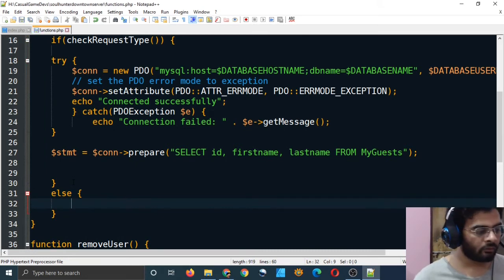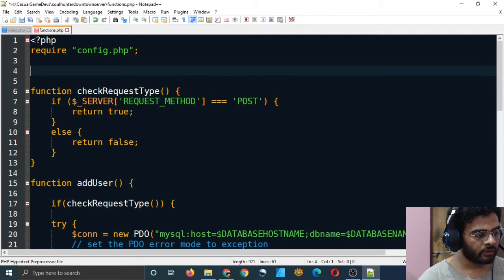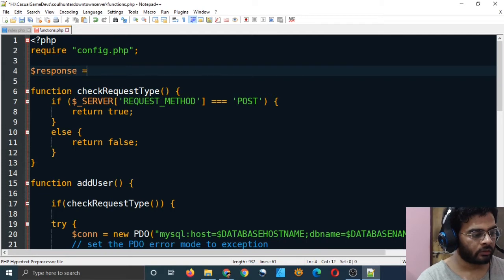Else, we will have to say something to the person who is making the request, to let them know that this is not the correct type of request. So I will make a response variable. It has to be an array, so I think I will put it like this.